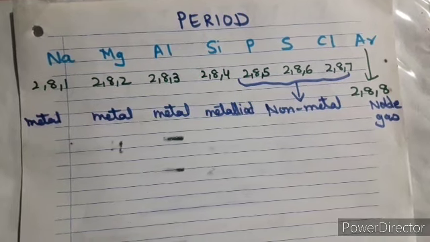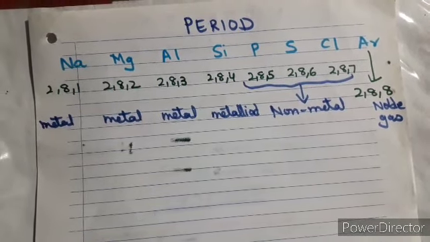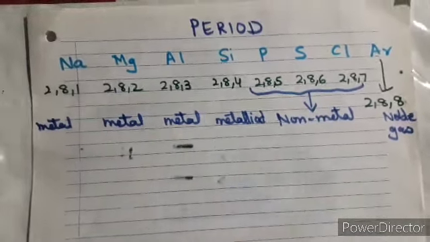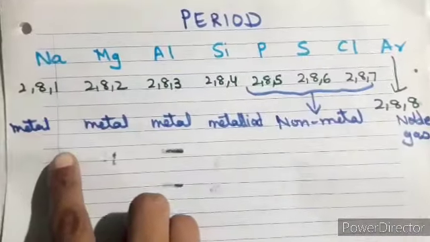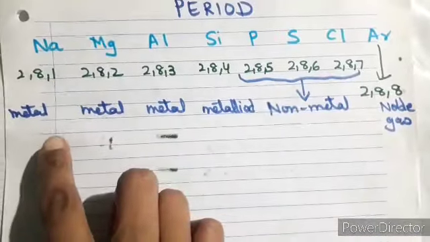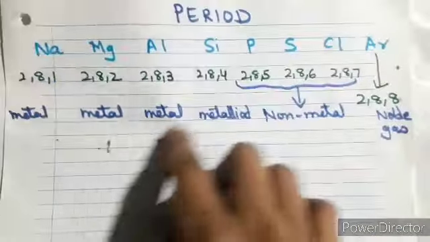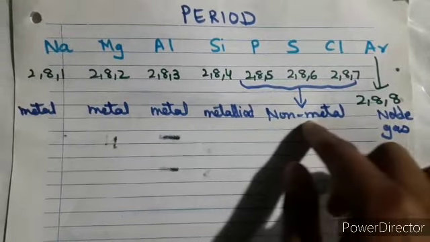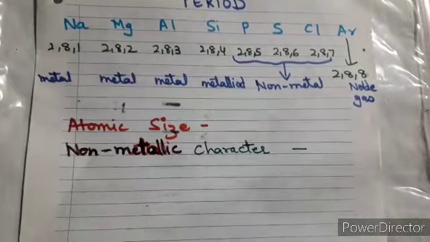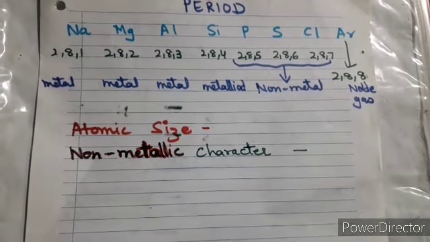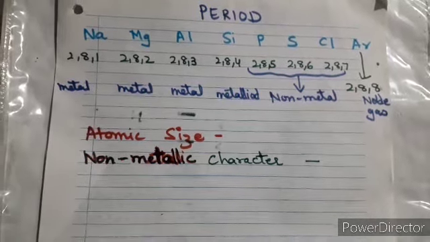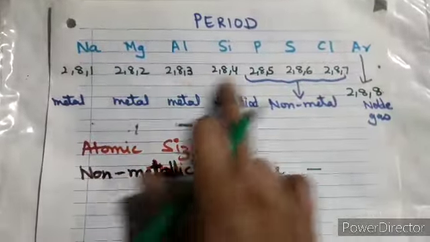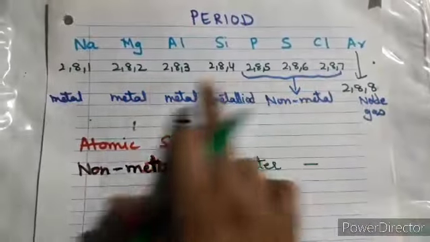Let's start with the first factor, that is your atomic radii or atomic size, and we'll see what happens or what the case is. Now by looking at these values and the different types of nature, you can understand that when you move from left to right, the non-metallic characters are increasing, right? Initially these are metals, then a metalloid, and over here the non-metallic characters are. Now we'll see both factors, the atomic size and the ionization potential also. We'll start with the first factor. Now just please see, when you move left to right across the period, the atomic size always decreases.